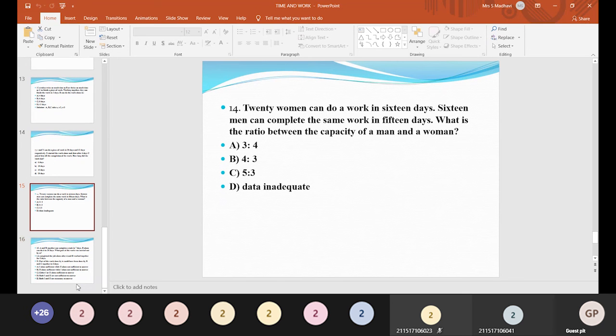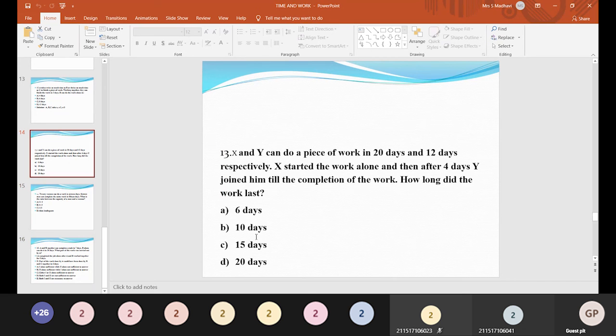Now coming to the 13th problem. X and Y can do a piece of work in 20 days and 12 days respectively. X started the work alone, and then after 4 days Y joined him till the completion of work. How long did the work last? So here X and Y can do a piece of work in 20 days and 12 days. Now X started the work alone